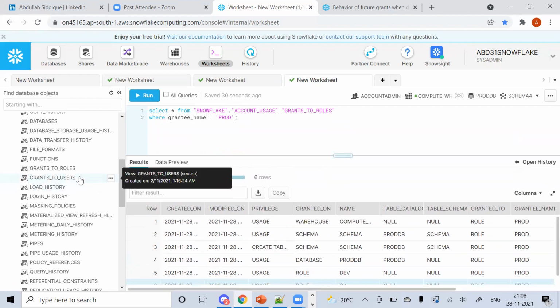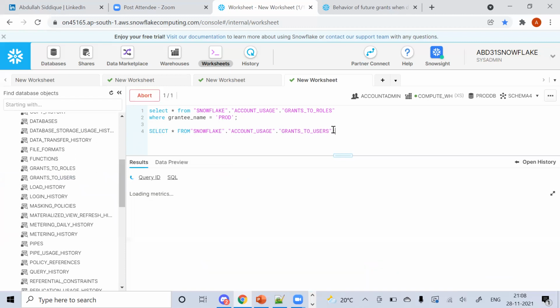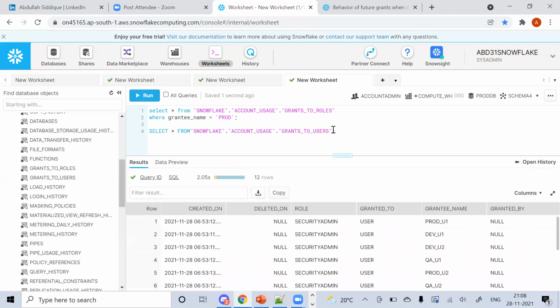Then if you talk about privileges given to users, users normally don't get privileges directly. They get roles assigned to them, right? So if you go here, select star from grants to users, and maybe let's talk about prod user. The script I had just created,